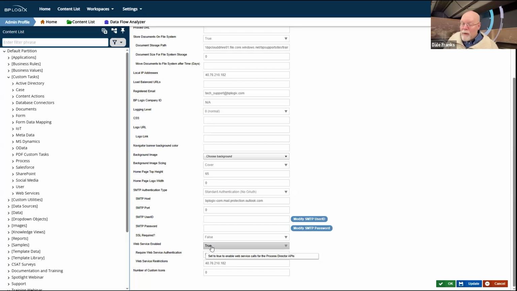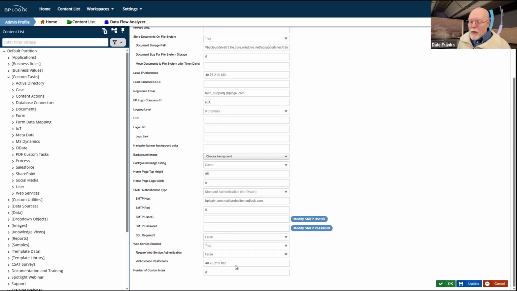They basically give you full administrative control over Process Director. So when you turn them on, you're implicitly giving anyone who accesses that web service full control over Process Director, not just from the custom tasks, but just by typing in the URL or sending a SOAP request from anywhere that can access those web service URLs. That's an extraordinarily bad idea.